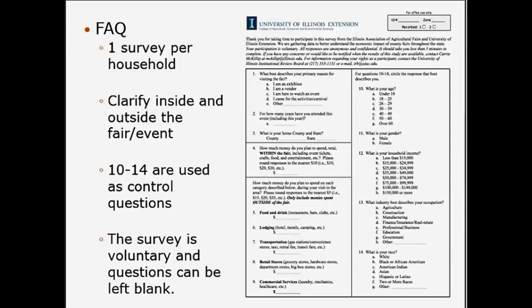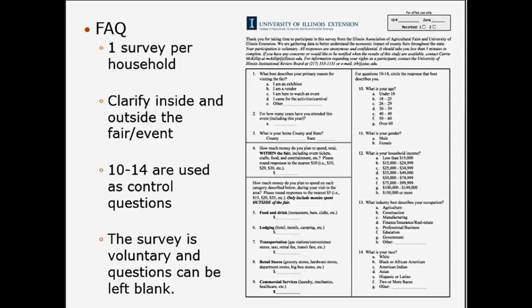And then on several of these questions, there's an other component that if for some reason someone doesn't feel that their reason for being there or their answer doesn't fit in our given answers, they are welcome to write in why they're there. Or they can write in their job, or they can write in their race or anything like that. And so be sure to make that clear, and if they ask that question, well, you know, my reason's not here, you can just invite them to fill in the other category there.